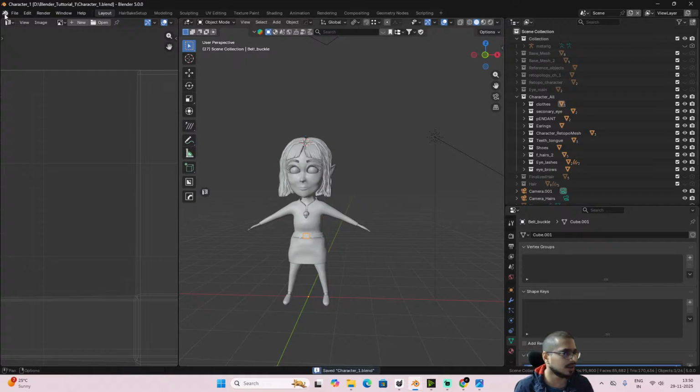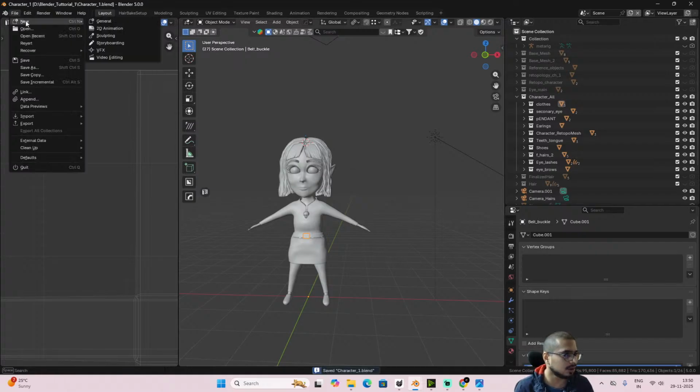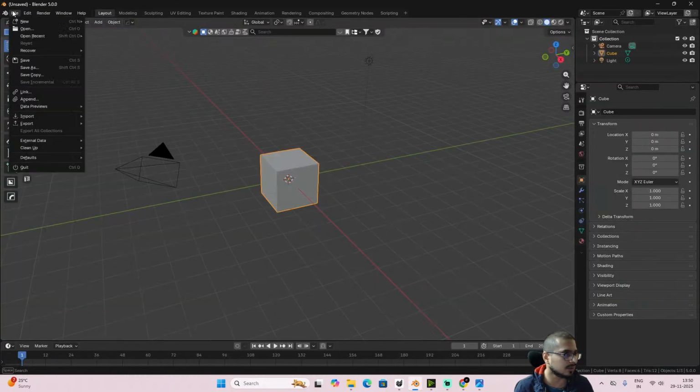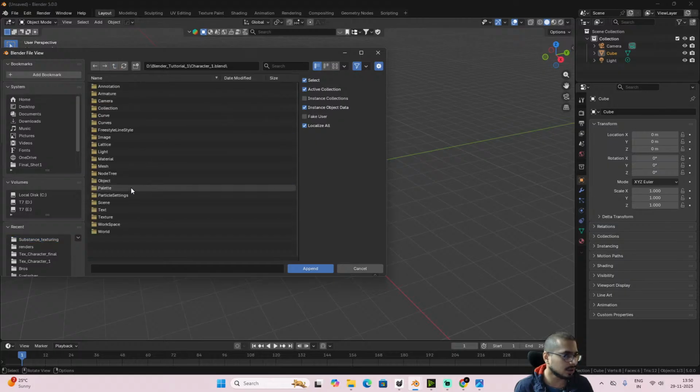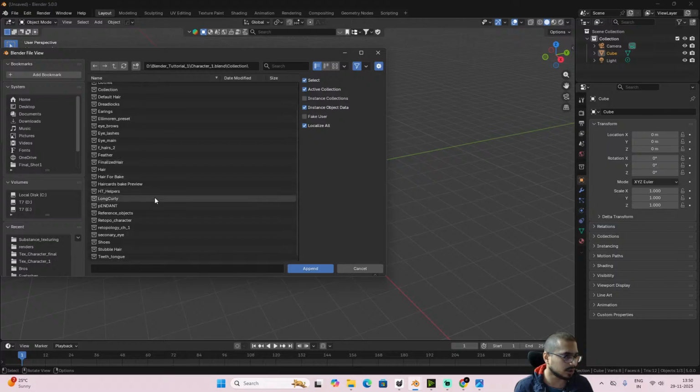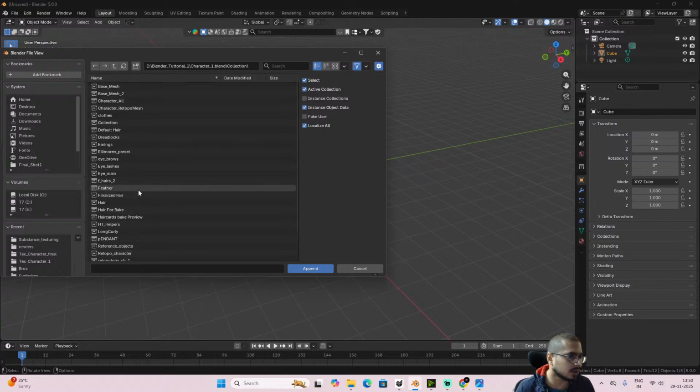Let me save this file. I'll open a new file, new general file, append. I'll go to the folder. I'll open this collections and I'll import main character, or what was the name of the collection? I've totally forgotten about it. Oh